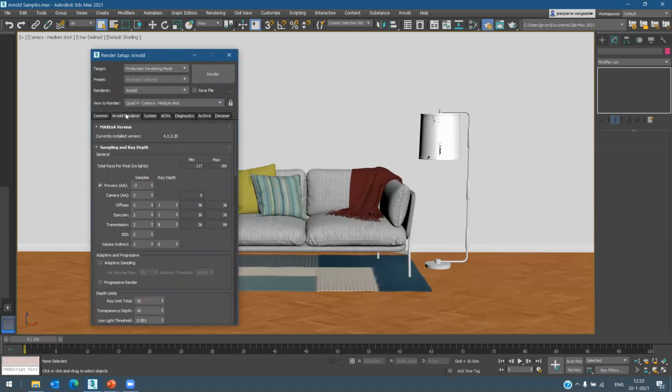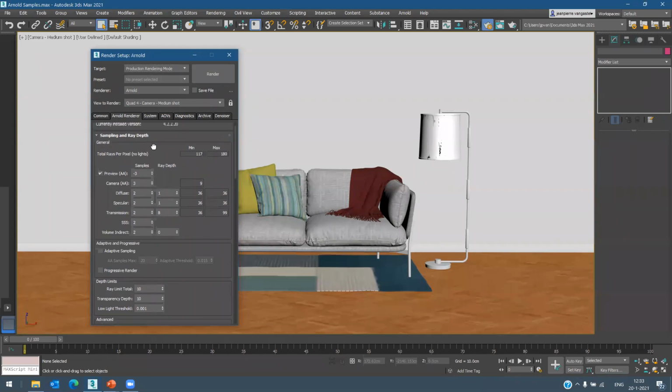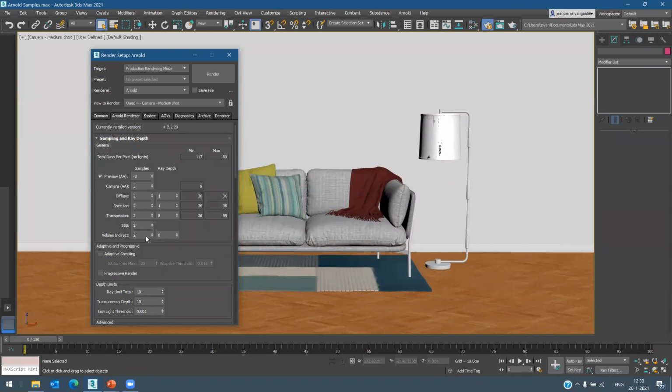The most important one is the Arnold Renderer tab. In the Arnold Renderer tab, we can see which version of Arnold is installed, and we have access to the quality. The quality of Arnold is expressed in samples. By default, the samples are maybe a bit too high. So we can start, for instance, with the Camera AA samples, where AA stands for